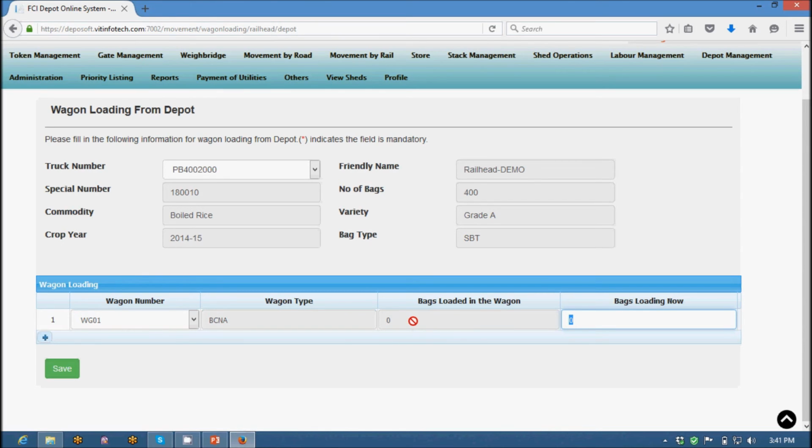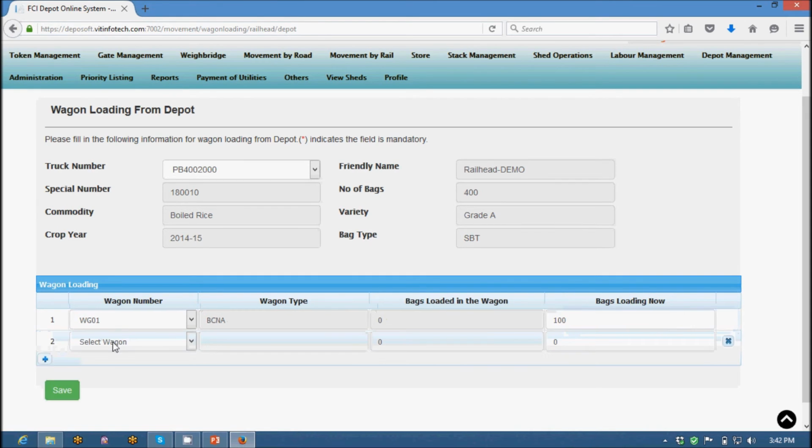So for example, if a second truck comes in after 400 bags were loaded and loads in the same wagon, then once we select the same wagon, it will show us that 400 bags have already been loaded, and then what are the new number of bags being loaded from this selected truck. In our case, as I told you, we will be using just one truck for loading all the 4 wagons, so I'll select 400 in the loading now, and then we will load another 100 in the other wagon.